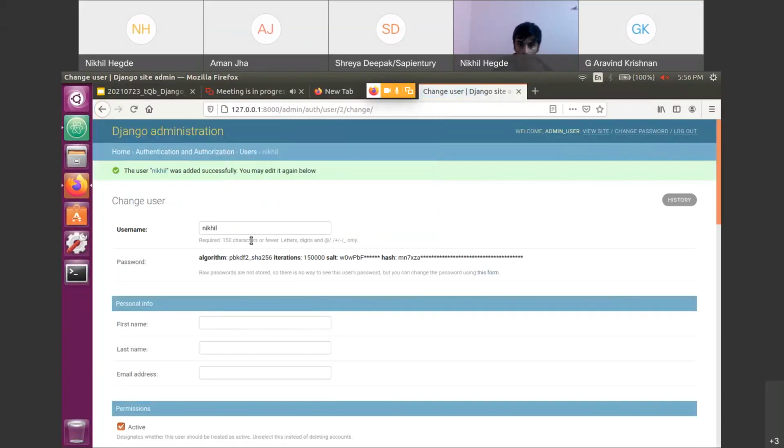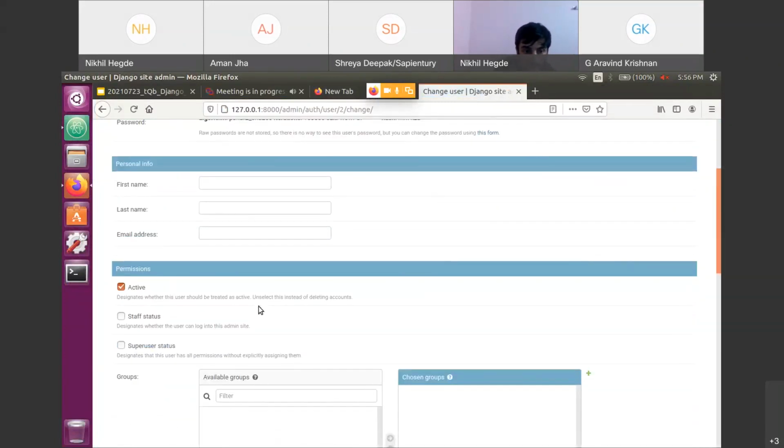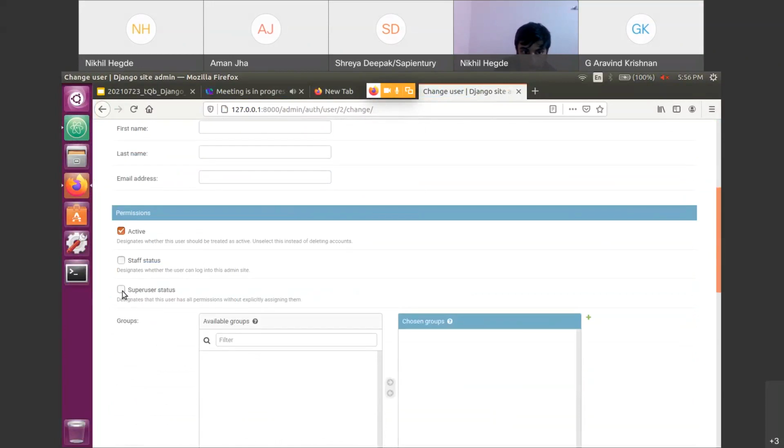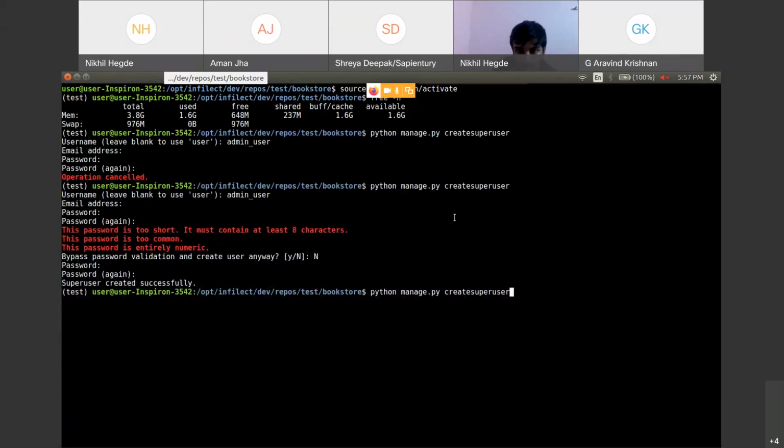Okay, I have created that user. You can see it reflected. Here you can see that super user status is unticked. This is a Boolean field. It can hold only a true or false value. That means since I haven't created this user with the command, I have created this user manually, it will assume that this user is not a super user or admin user. It's just a normal user. That's why it will not assign any super user status to this user. But since I had given the command as create super user,